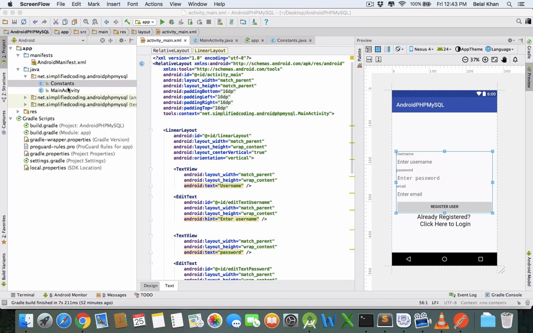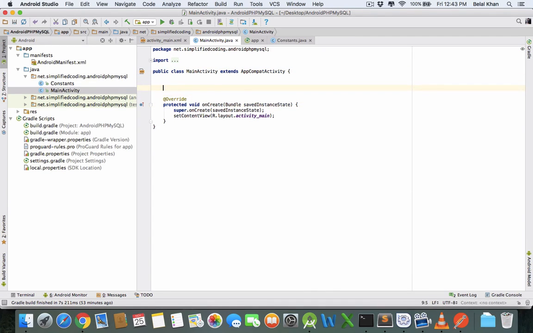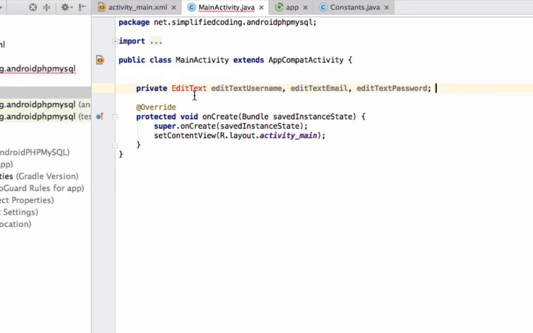Now let's code it. So come inside MainActivity.java, and here we will define our view objects. So we have three EditText and one Button. So let's define private EditText username, EditText email, and EditText password. Okay, let's import EditText. We also have a button,